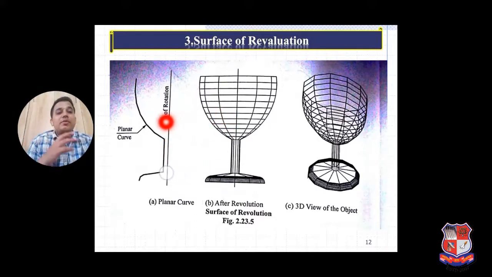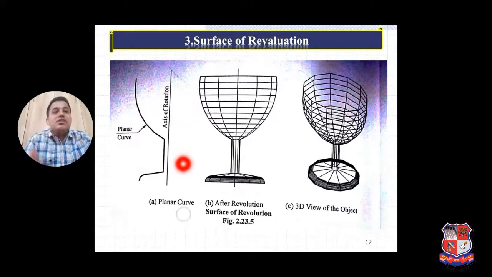If I want to prepare a water tank, a cylinder, a rocket-shaped cylindrical object, a jug, or a water jar, then I use a surface of revolution. If I want to prepare a flange, I can also use the surface of revolution. These are the surface of revolution objects after the revolution, and this is the 3D view of the object. So both things are different. This is the 3D representation technique of surface representation.